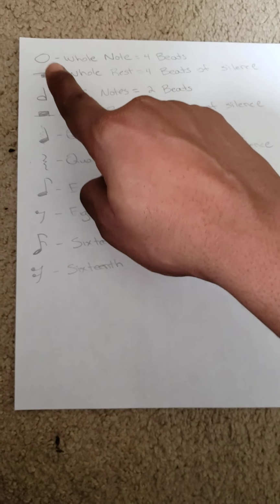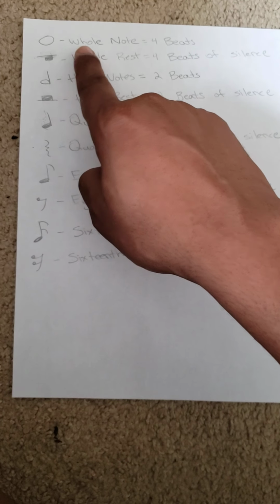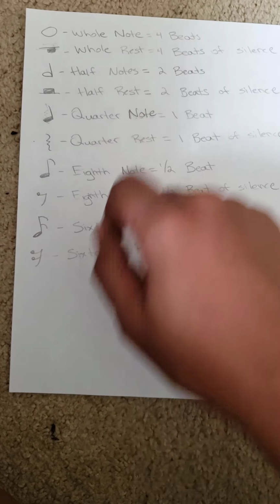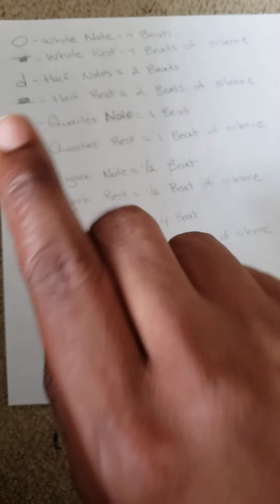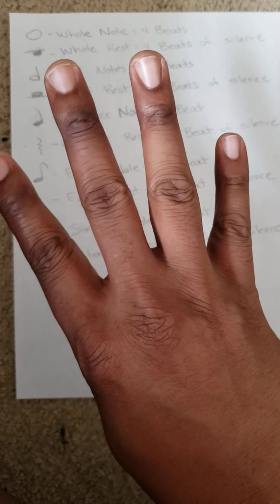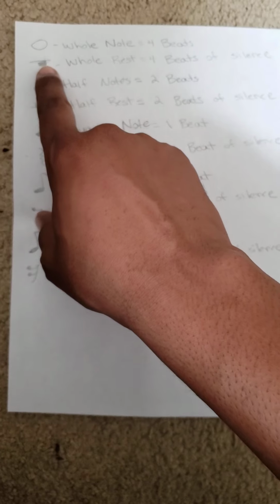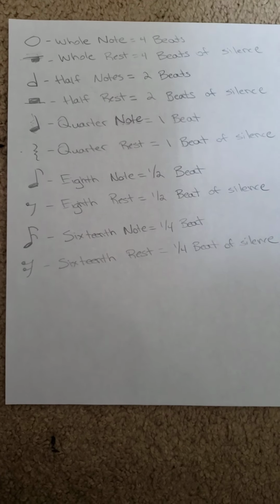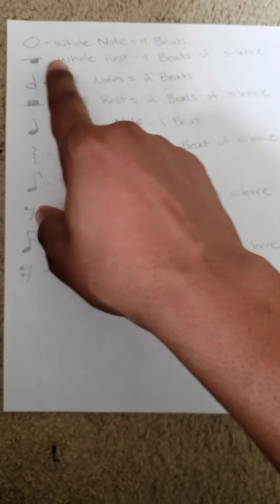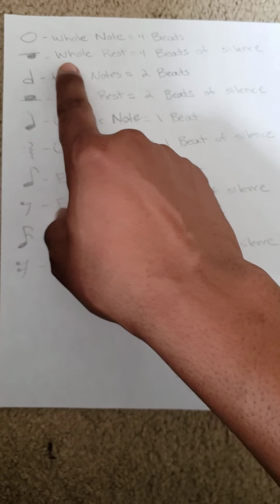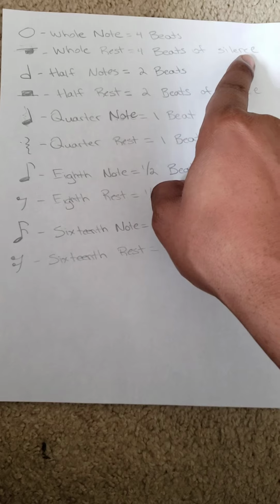So if you look up here at the top, you see here's the whole note, which was at the top of our note pyramid. It was 4 beats of sound. So it'll be something like, I made a sound, I held it for 4 beats. And you could think of it as kind of like the opposite when you think of a whole rest. The whole rest, it looks like a top hat, but it's upside down. Whole rest is 4 beats of silence. So that would be,